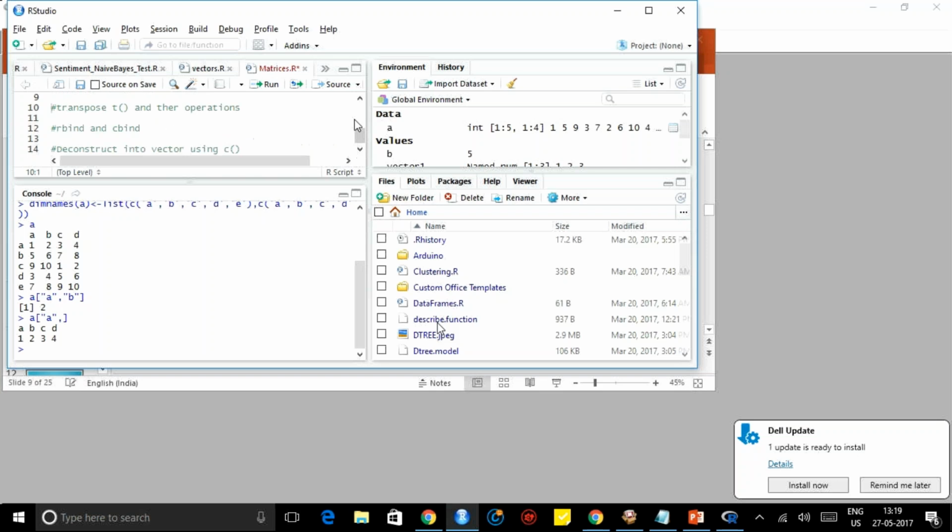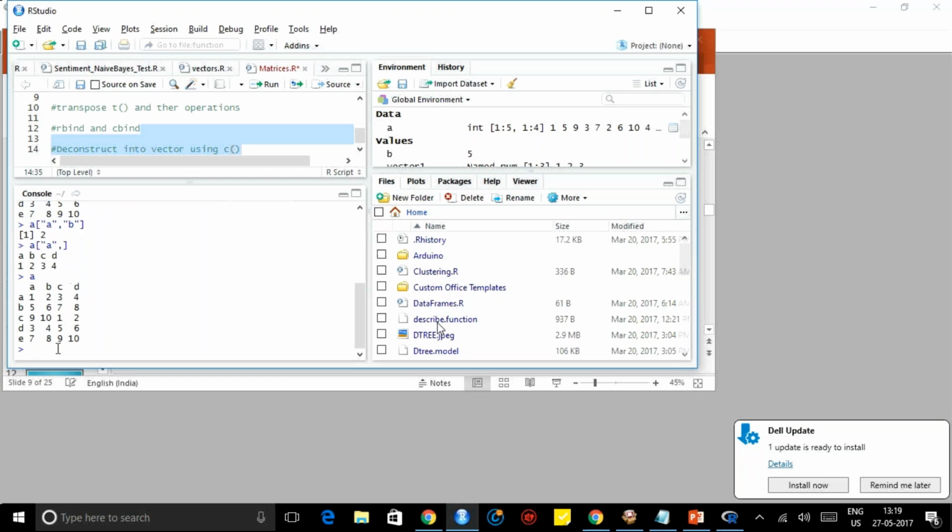So the next one is transpose and other operations like that. We have A as a matrix, right? If you want to get the transpose of A, you can use t of A, matrix transpose. Okay, it works fine, right? Yeah. Next, A plus A. So matrix addition. Now if you want to add a scalar to the matrix, A plus 5. So the scalar 5 is added. Now you want to add A plus A, we did it, right?